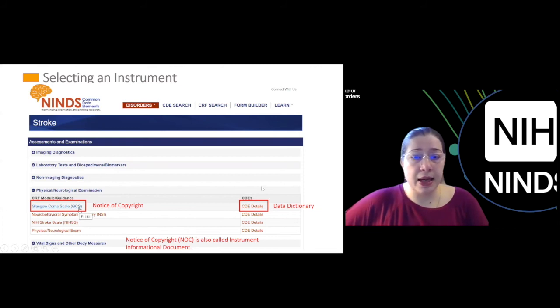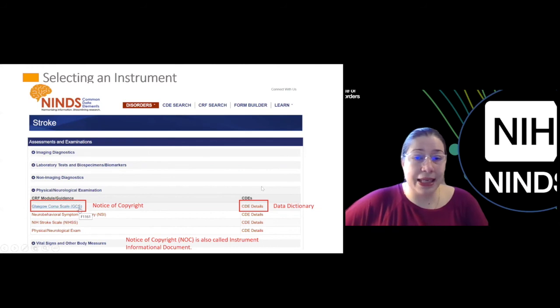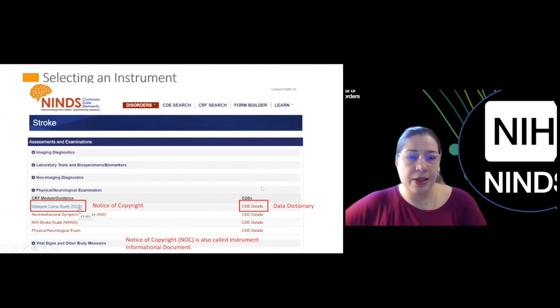So it is, let's say, a Word document, or it opens in the website and you can download it as a Word document, and you will get this form where you will collect the data. Remember that case report forms are not data source documents. This is to collect data. They are not that widely used right now because they're paper forms.